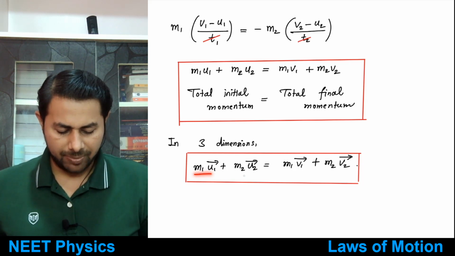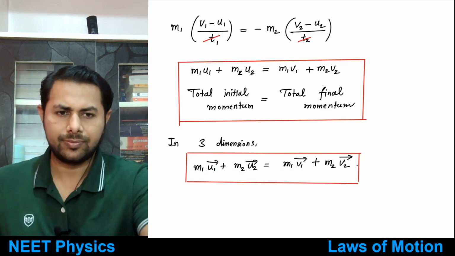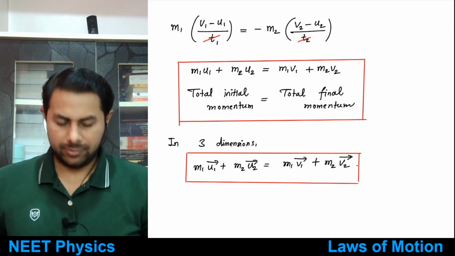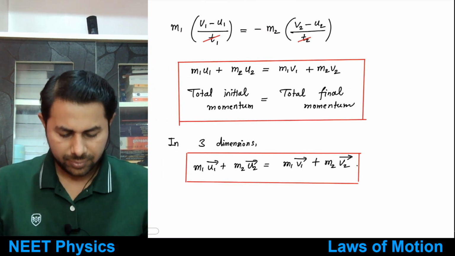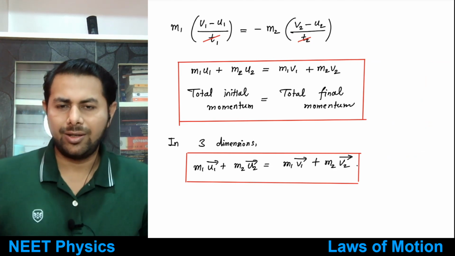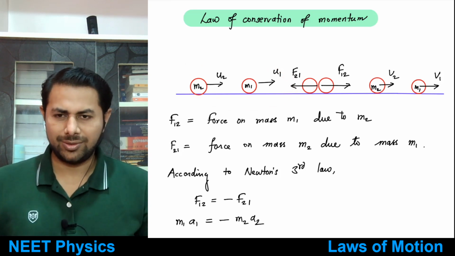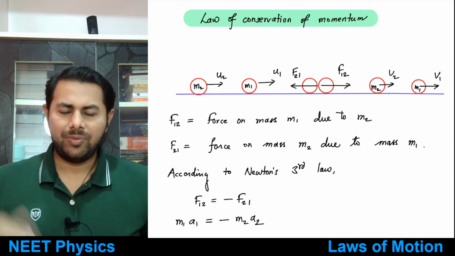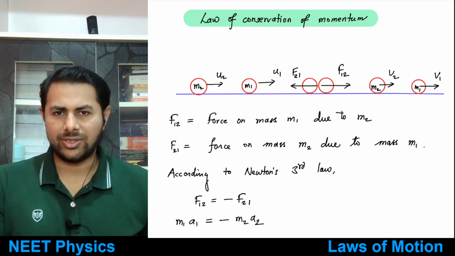So m1 u1 vector plus m2 u2 vector will be equal to m1 v1 vector plus m2 v2 vector. Now see what's happening: if you consider these two balls as one system, and there is no external force acting on the system, the total momentum of the system remains constant, it remains conserved,